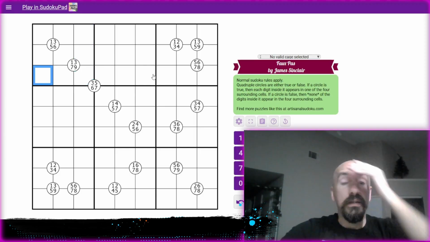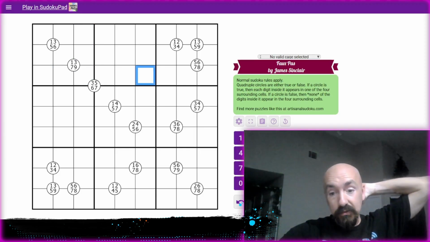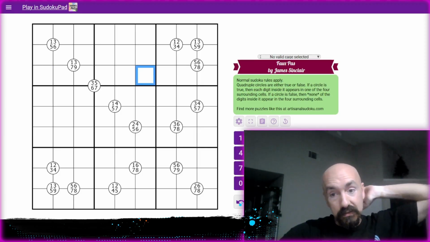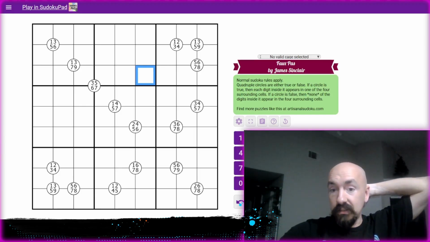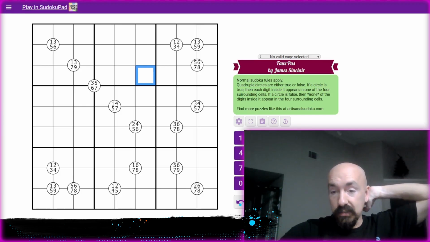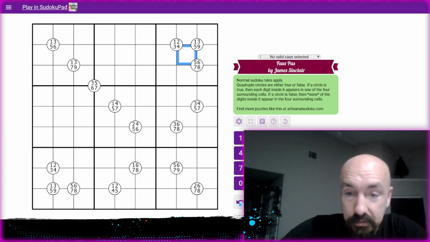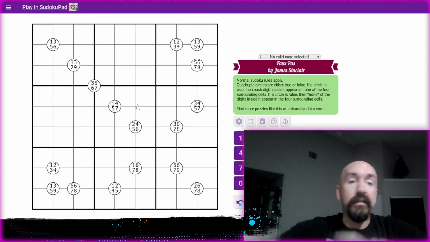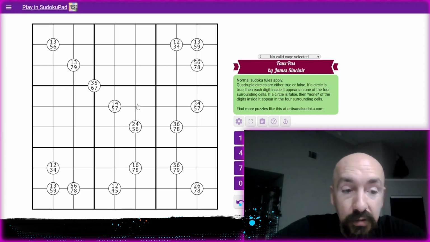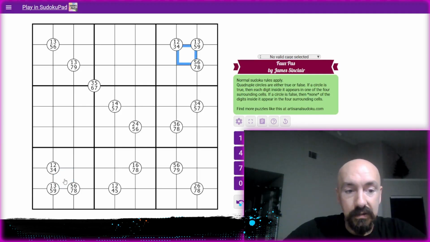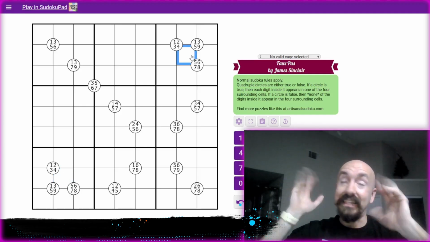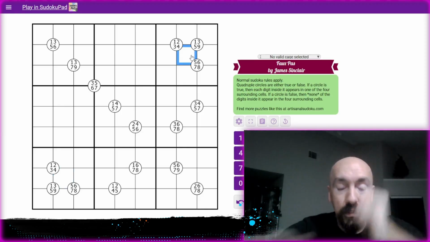Okay. And then he did give a little tip for it. It says, in order to place a digit in row 2, column 8, so it's this cell right here, at least one of the circles in box 3 has to be true. Okay, I'm going to restart the timer and fail miserably, probably. And then you mentioned it down here as well. This cell and then this cell. One of them has to be true. At least one has to be true. Okay, so